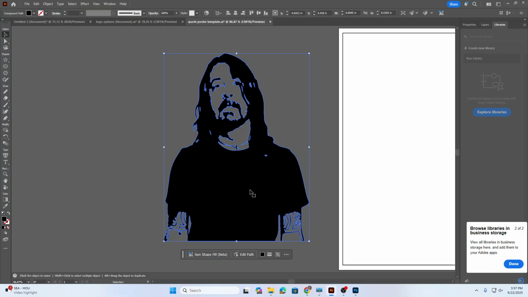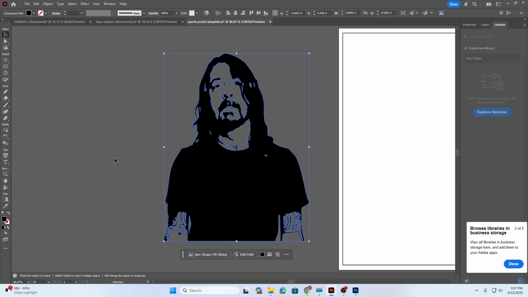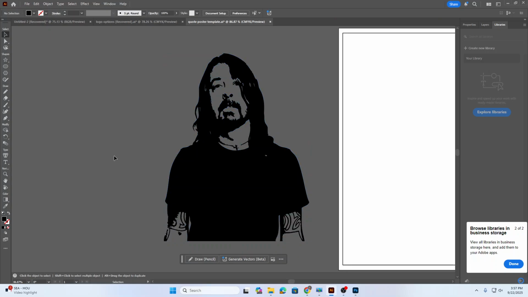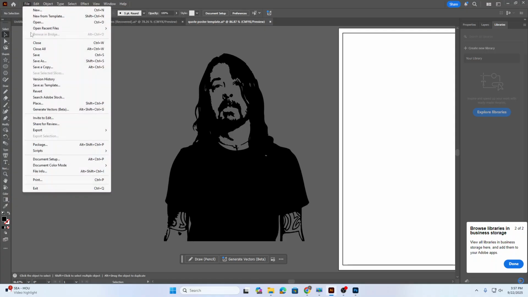This next step is really important or the clipping mask isn't going to work. Click on your object, you're going to go to Object, Compound Path, Make. That's really important or the next step won't work. All right, from here you have to get your texture or your pattern in here, and it's with an image. So you have two ways to do that. You can either place one of mine, so you can go to File, Place,